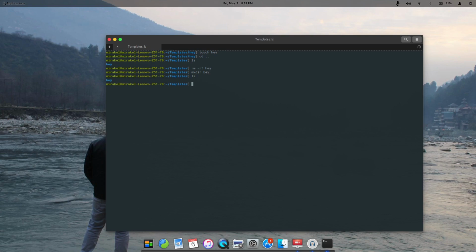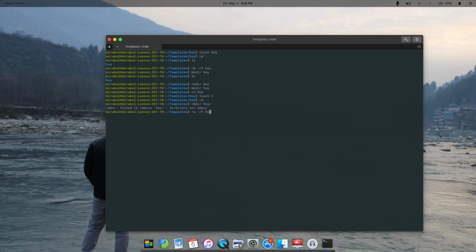An empty directory hey is created with mkdir. If I use rmdir, which is remove directory, it will be deleted. Very simple, very effective. But if I have something in that directory, I cannot use rmdir. See, it gives me an error, failed to remove, directory is not empty. So this is the reason when a directory is not empty, you'll use rm -rf and the name of